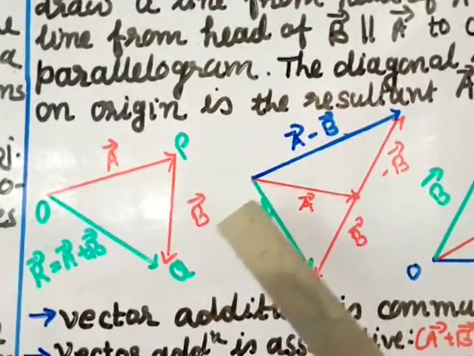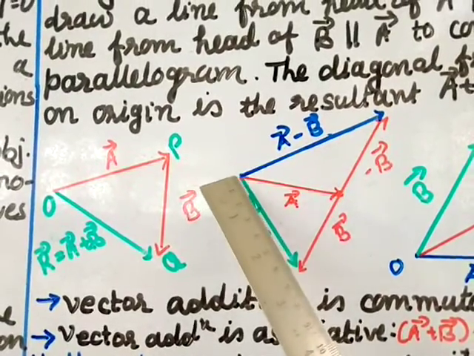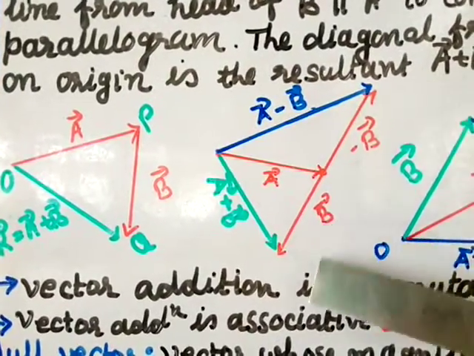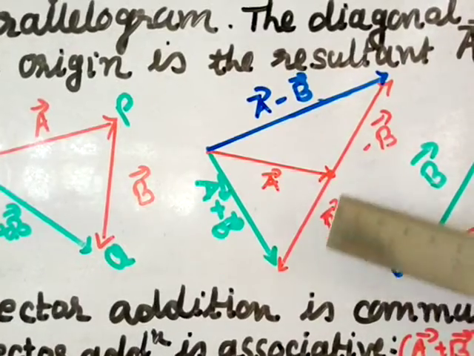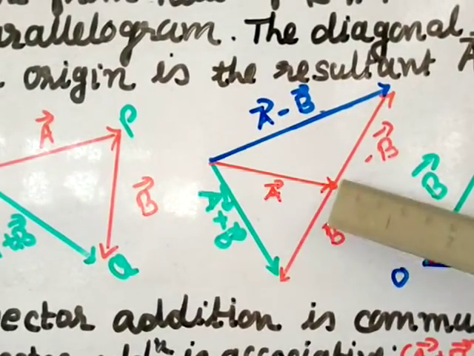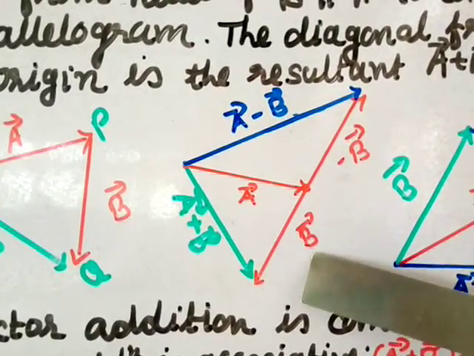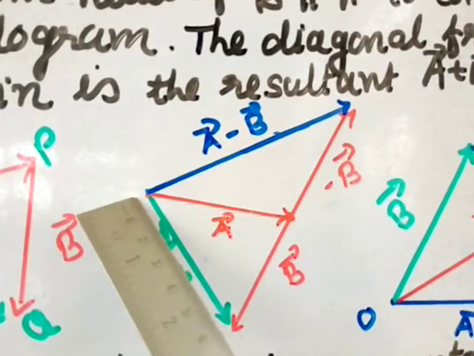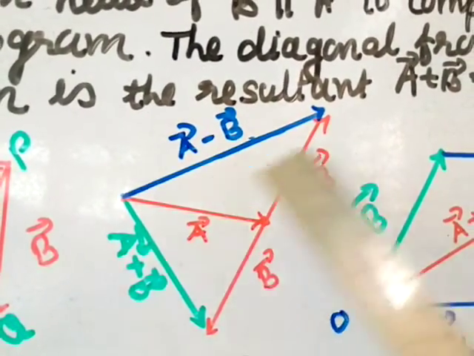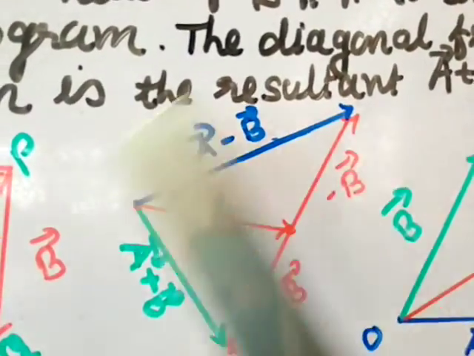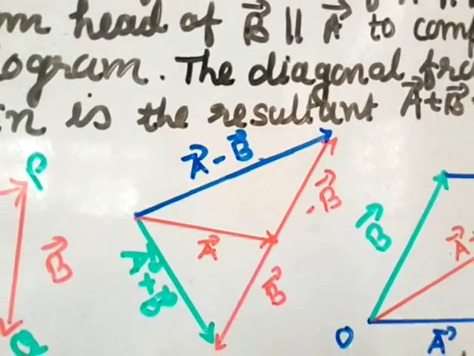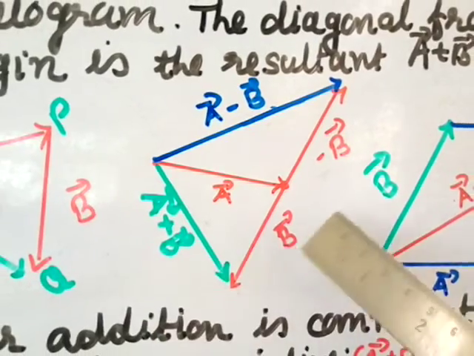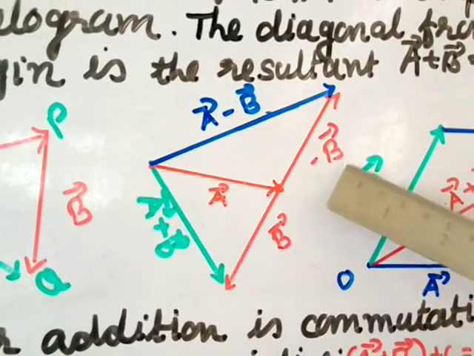Now see, this is my vector a. This is the origin, and from here, vector a. Now vector b is over here. If I want to find a minus b, then I'll take the negative of that. That means the opposite direction of this. So negative of vector b will be with the same magnitude but the direction is opposite. This direction is like this, and the opposite of this, or minus of this, will be in the opposite direction. So this is over here, and when you join the tail of a and the head of minus b, you get this vector a minus b, the resultant of a minus b, or the difference of a and b. And if I join this a to this side, then you get the addition, because this is a negative vector, this is a positive vector.